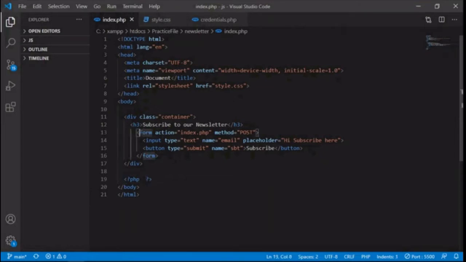So I have created this form. First of all, check if that button is clicked or not.